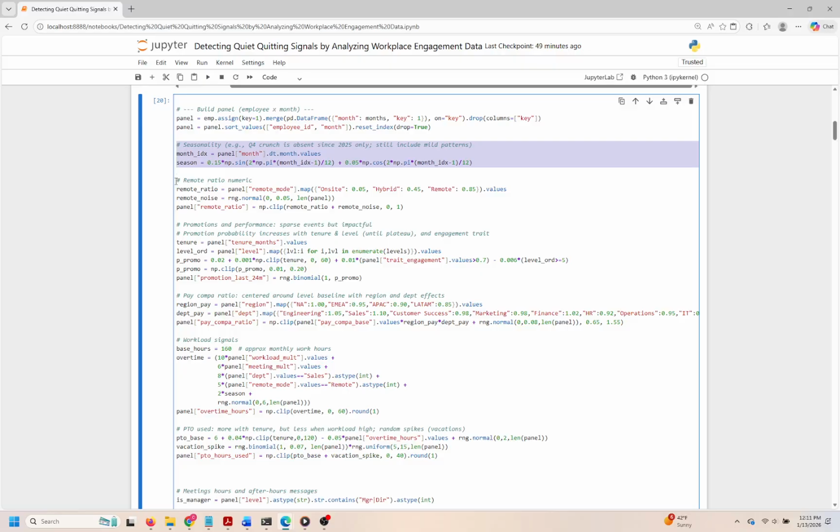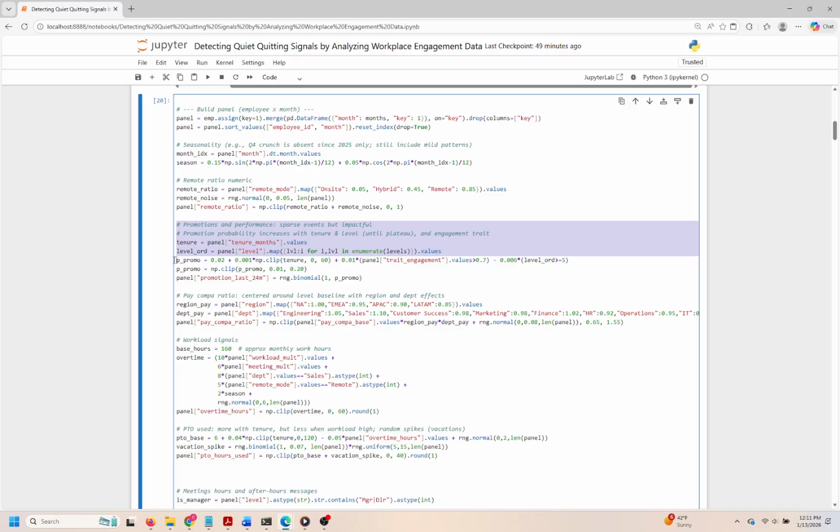Next, we delve into remote work dynamics. We create a remote ratio that considers employee work modes: on-site, hybrid, and remote. This is further adjusted with some randomness to better reflect real-world variability, acknowledging that remote work could lead to different engagement and productivity levels. In terms of promotions, we establish probabilities that are influenced by tenure, employee levels, and engagement